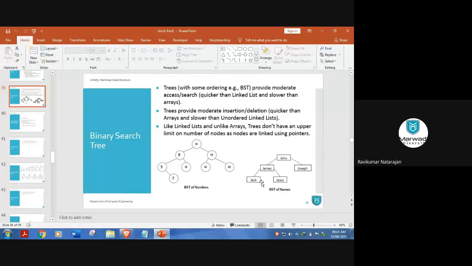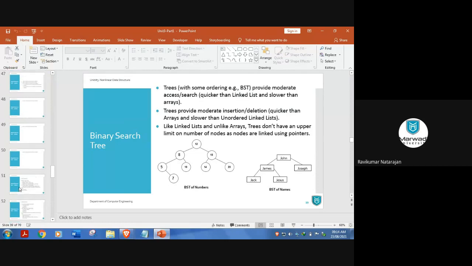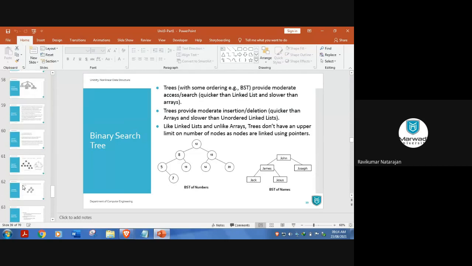One way of reducing is the single threaded binary tree, which means we will try to reduce only the right side of this particular linked list. I'll go to that and show you what is the right side.